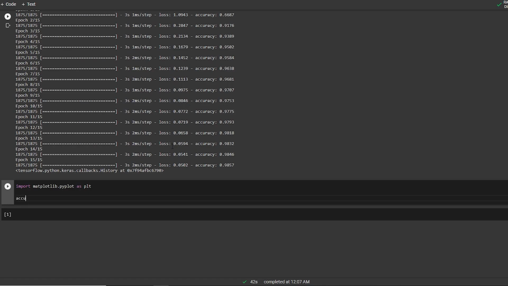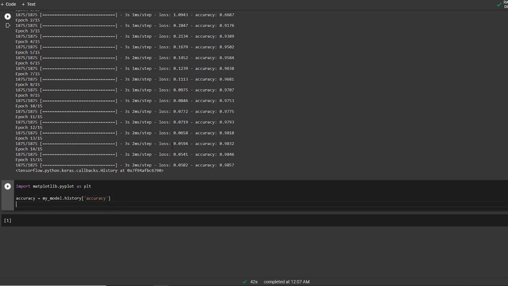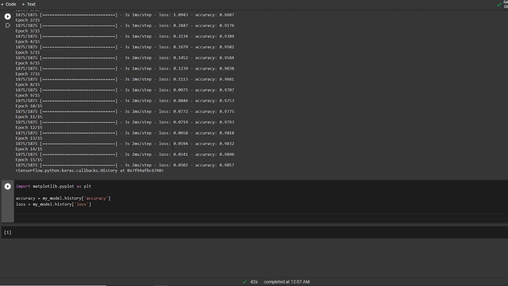I'll say accuracy, which is the name of the variable I'm making, and here I'll say my model dot history, and mention accuracy. Next, the same for the loss: loss, my model history loss.